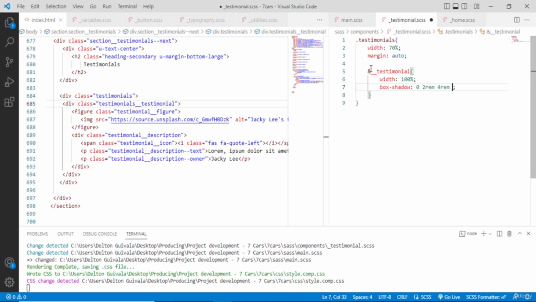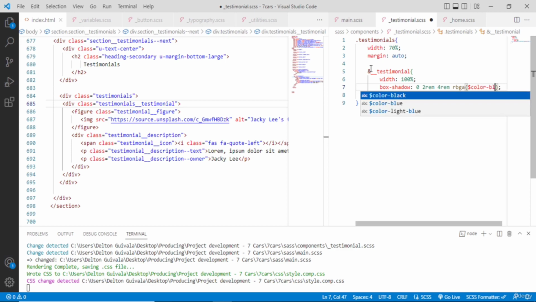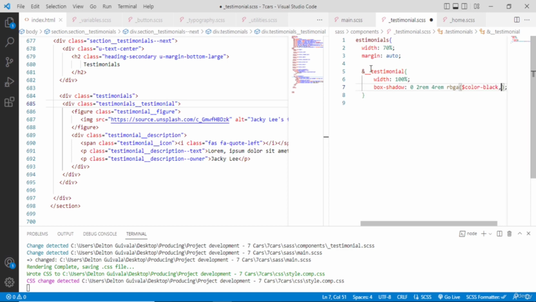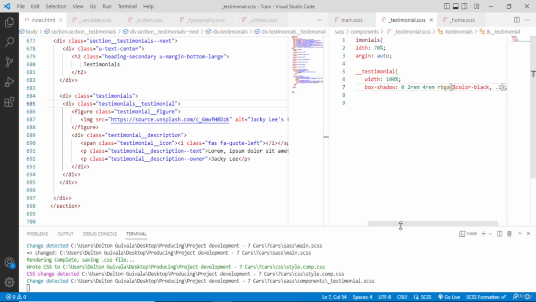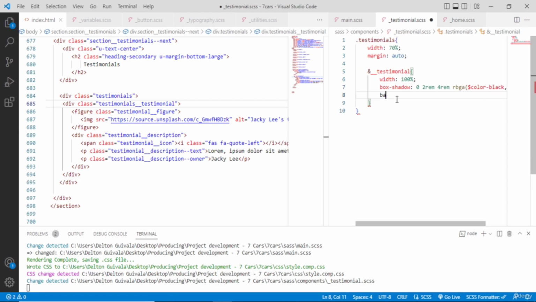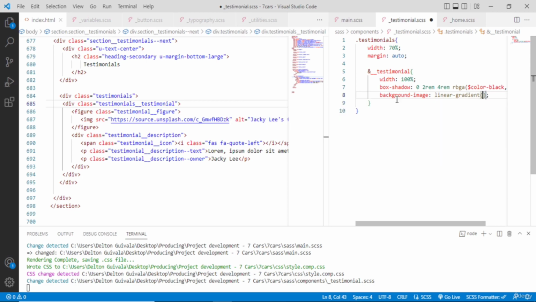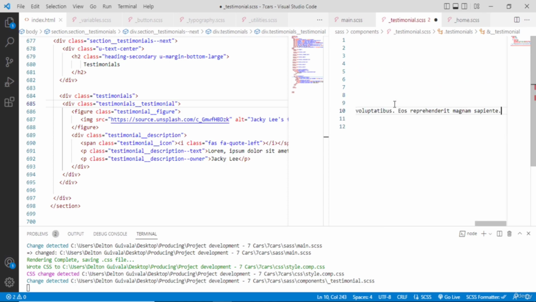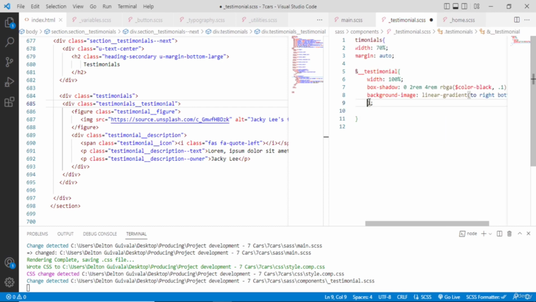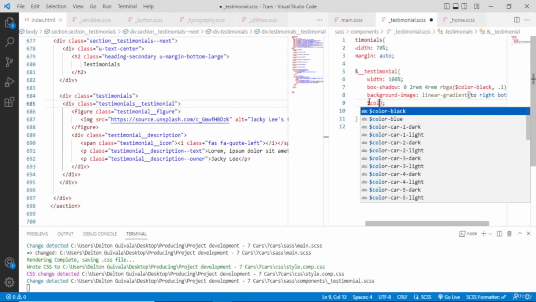For RAM, RGBA is gonna be black, and I'm going to put 0.1, which is 10%. Add that background image, which is going to be the linear gradient, and here is 2, right, bottom. I'm going to be pasting the color right here. Okay, this one is going to be color green